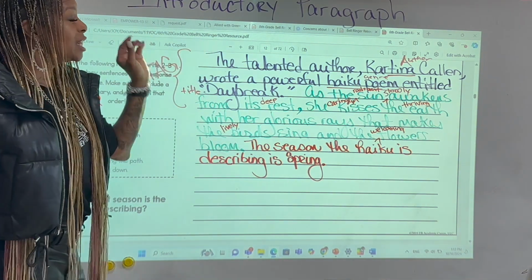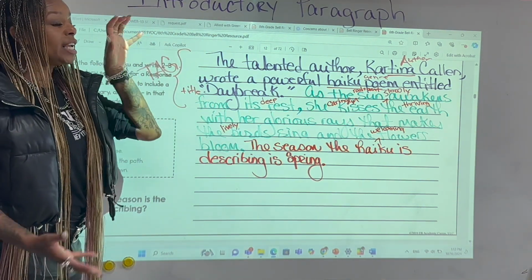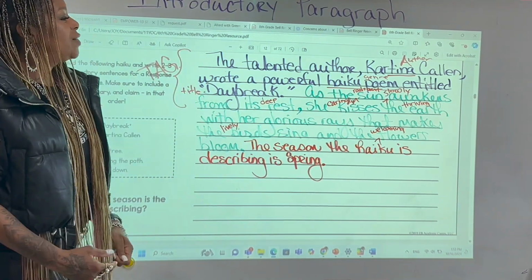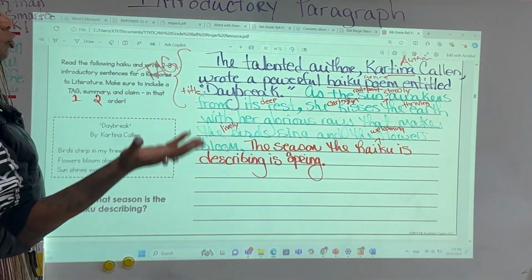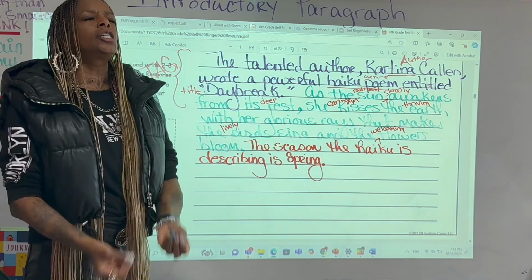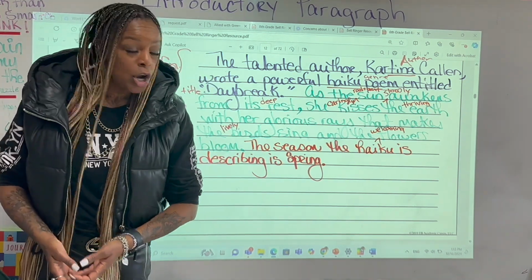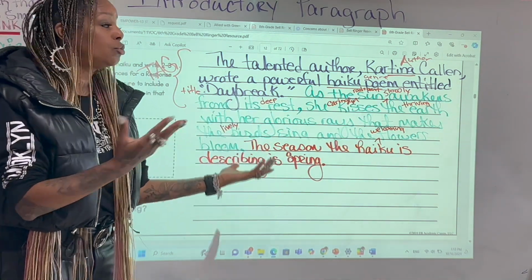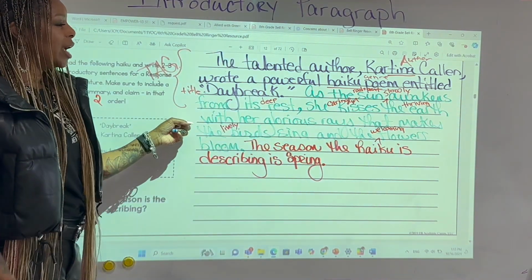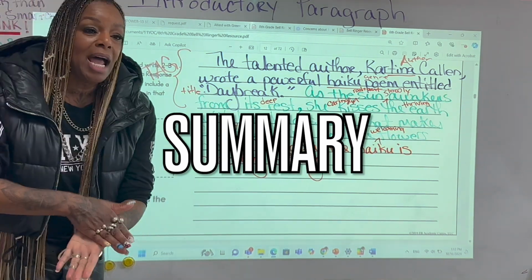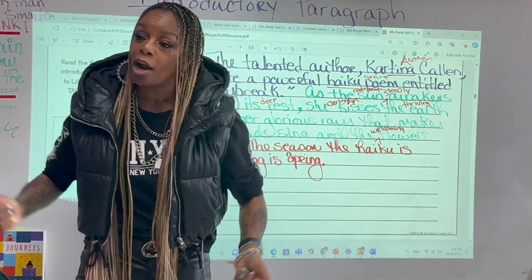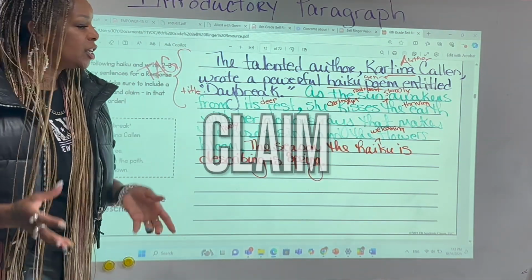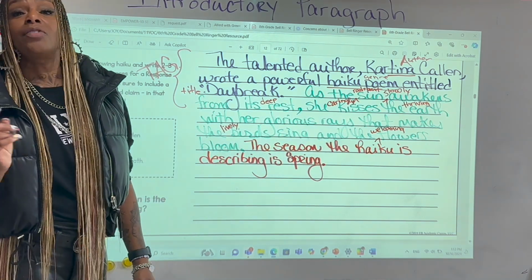Okay, so the first thing that goes inside of an intro, what's the first thing that you're going to put in that bag? Is the tag. And then we read the passage or the poem, and then we want to summarize it. Does a summary contain details? No. No, just the big ideas, unless that small detail is relevant to the story. So we got the tag, and then we have summary, and the last sentence of the first paragraph is the claim.